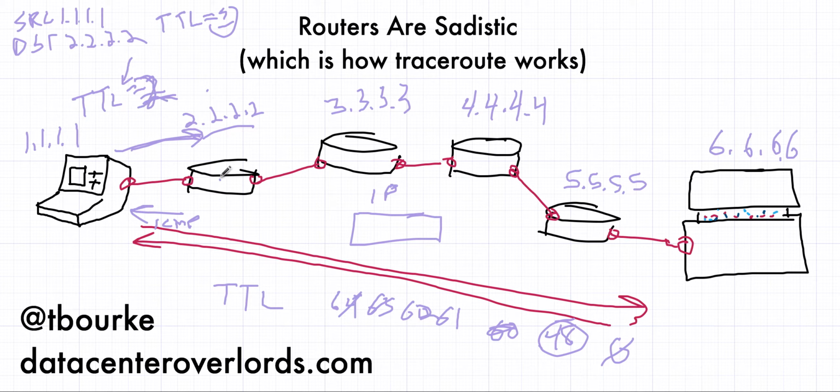Send it for 2. This router says, okay, you're good. I'll send it to you. And this router says, now I have to kill you. And then it murders that packet and then sends an ICMP saying, hey, I just murdered your packet. My IP address is 3.3.3.3. And so on and so forth. And we keep on doing that until we actually get to the destination. So that's why when you do a traceroute, you see 1 line, and then 2 lines, and then 3 lines, and then 4 lines, and 5 lines. It's sending these packets, and the routers along the way are murdering those packets and sending it along.